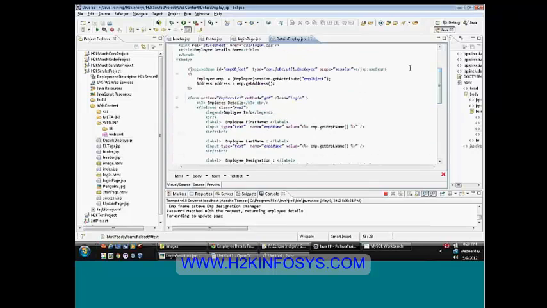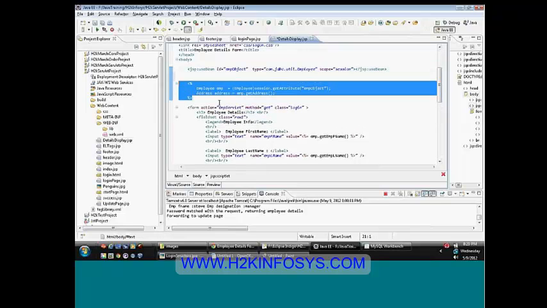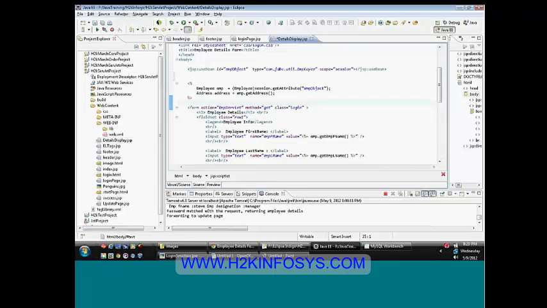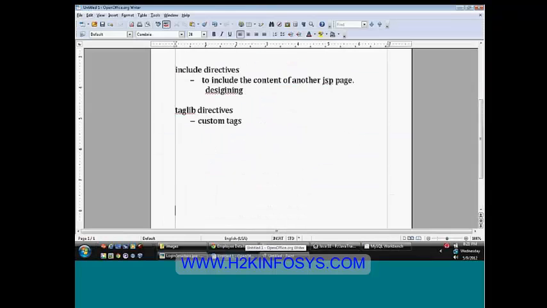Here, what are we doing? We are using scriptlet code, and also we are using expression code within our attribute value. So within the value tag of the input text box, we are displaying the content based on our expressions. The first thing, whenever you are designing the page,